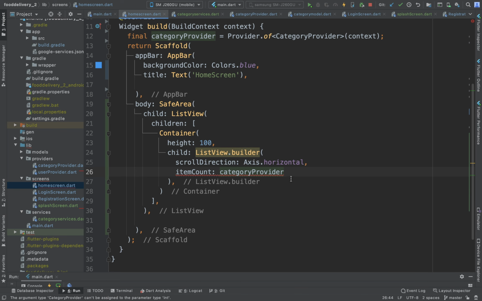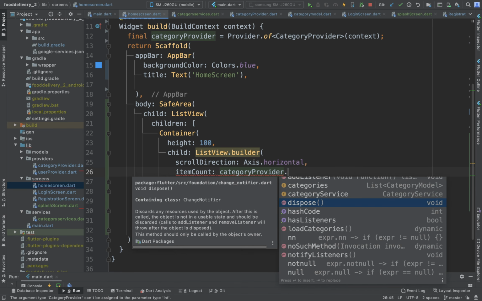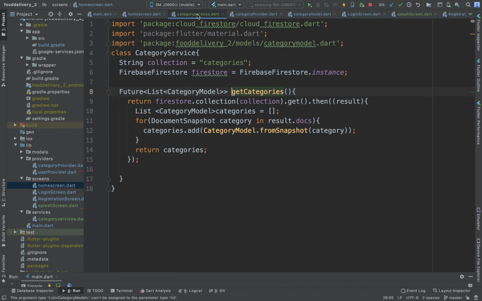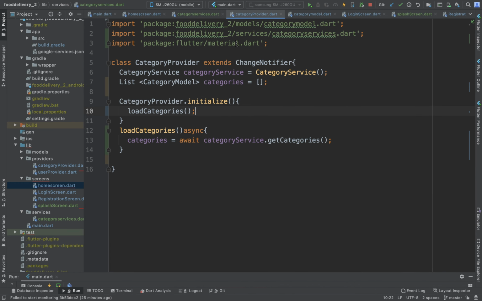We will use our categoryProvider, we will call the categories list that we have created in our category provider. So if we go to our category provider, we are calling this list categories, that is